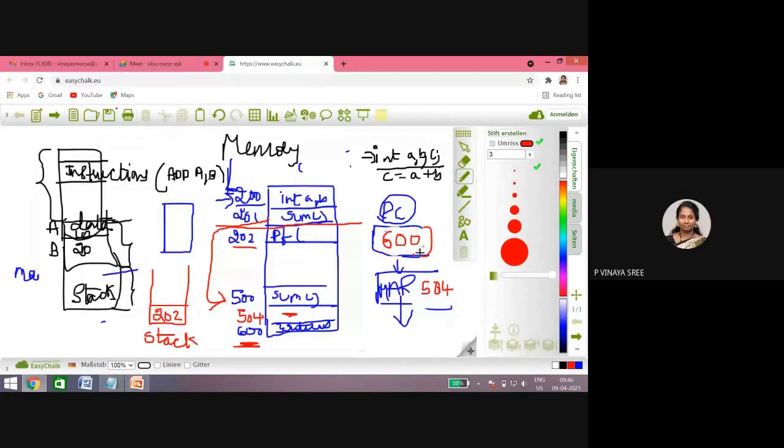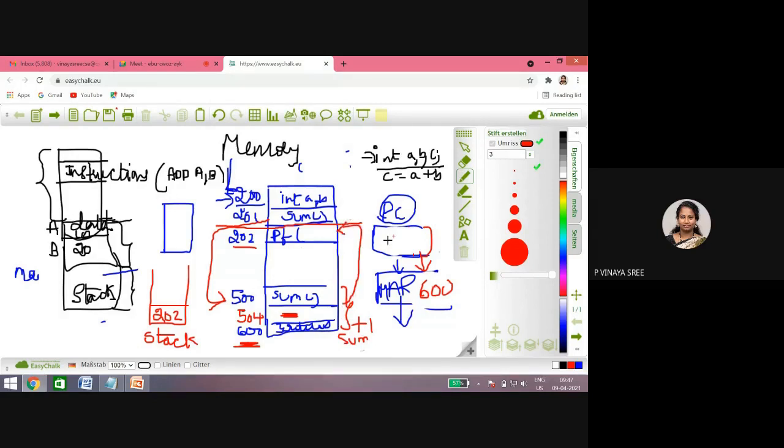Finished. Now this instruction is also executed by the processor. Next, the program counter will give 600 to execute. Whenever there is a function call, it executes in sequence like program counter plus 1, like 500, 501, 504. But when a function completes, it has to return back to where it stopped.